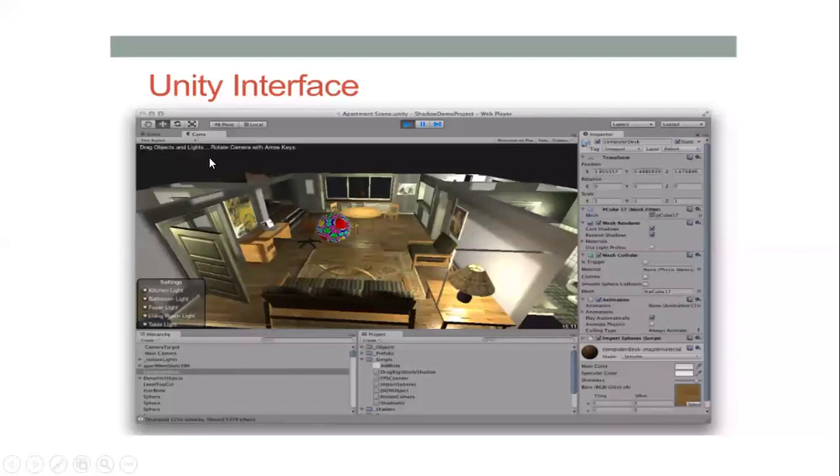So let me explain clearly. There will be a scene view and a game view. You can keep the scene view and game view to your left-hand side one by one, or else you can keep them side by side. This is a Unity interface where you have not customized your Unity page. As soon as you open it, the page will be in different layouts. For some of them, the game will be down and the scene will be left. So in that case, you have to customize your Unity layout first of all.